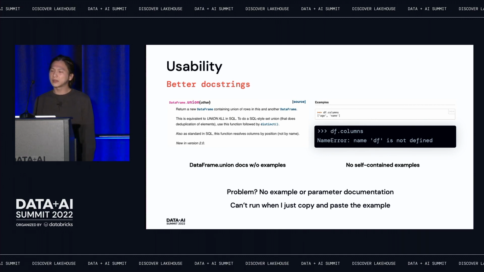But the problem is that some documentation doesn't have the parameters and the examples. For instance, even with some examples, you just copy and paste, and then it complains that, look at the right side, df is missing. What's df? You're a newbie, you don't know how to create df, right? You should be able to copy and paste, and it should work right away in your shell.